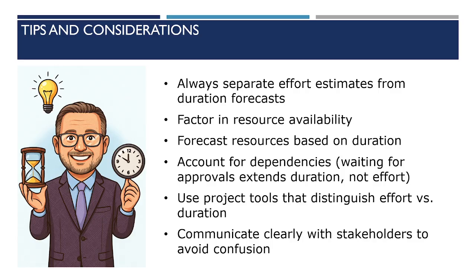You want to account for the dependencies. So if you're waiting on an approval, that's a perfect example where there's zero effort but a lot of duration, right? And that happens all the time in our projects. So for budget, you want to estimate based on resources, and for schedule, you want to estimate based on duration. And you can use tools that lay all this out. Most good project management tools have that. And then once you've figured that out, obviously you want to manage expectations with stakeholders.